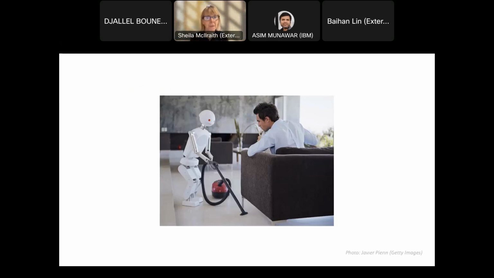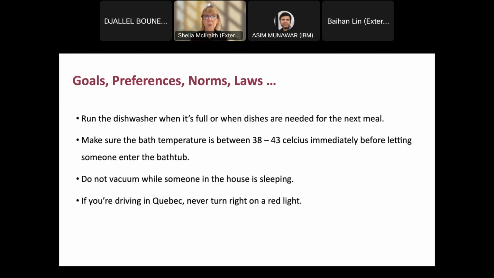So returning to this particular scenario that I described, particularly with the robot, I wanted to just show you a couple of examples of the types of reward-worthy behavior that one might wish to describe to an agent. There are all sorts of things that fall under the basic definition of a reward function that we want to stuff into the reward function. Those could be goals, preferences, norms, or laws.